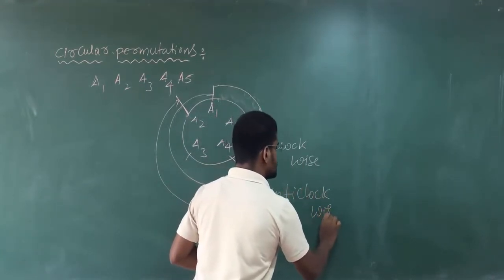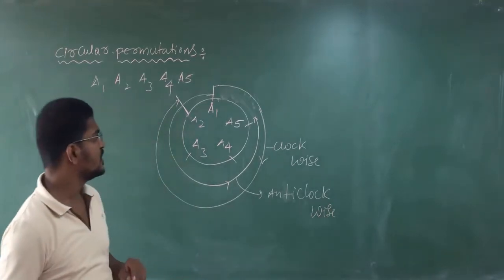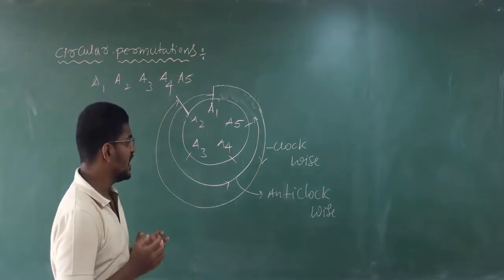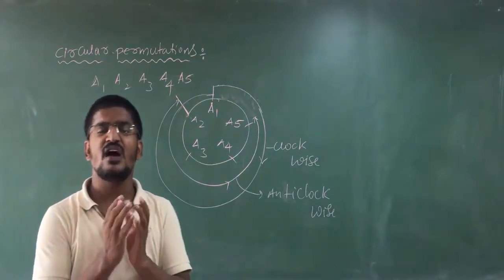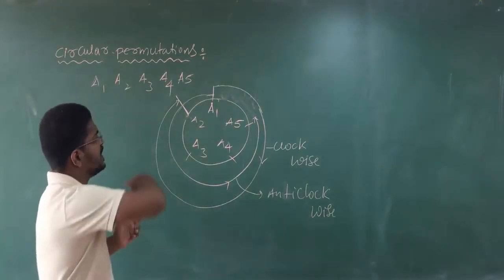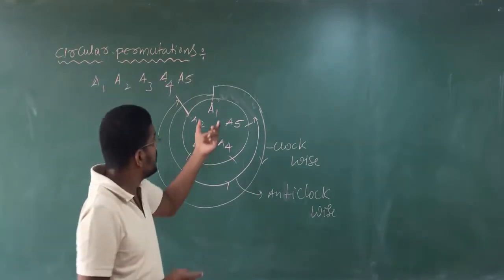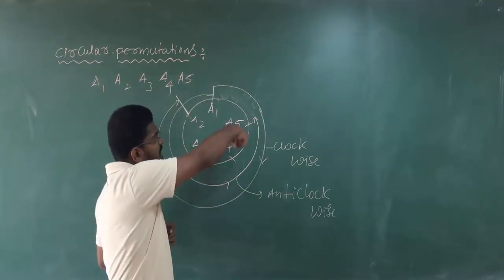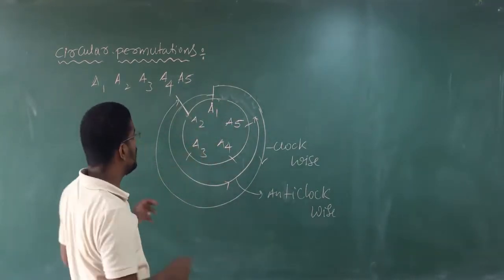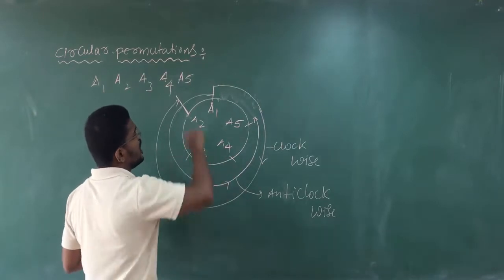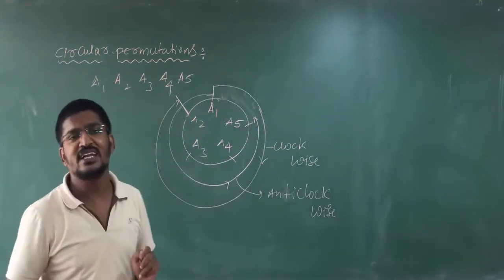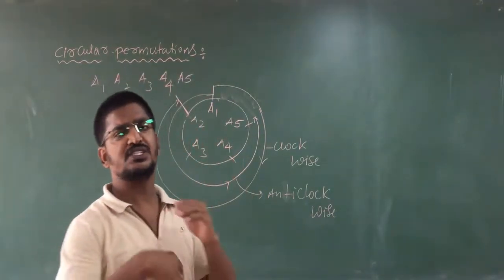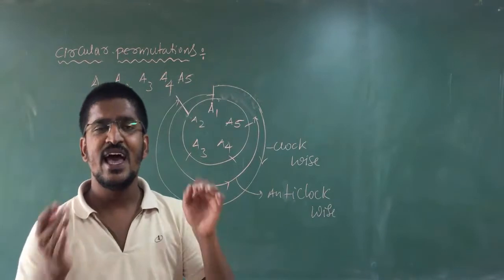So first let us understand clearly what circular permutation is. Circular permutation means we are arranging the given objects in circular form by fixing one of the objects at one position. We arrange the other elements in circular form. One we can arrange clockwise and one we can arrange anti-clockwise. That means you can arrange the elements in two ways: one is clockwise and another one is anti-clockwise.